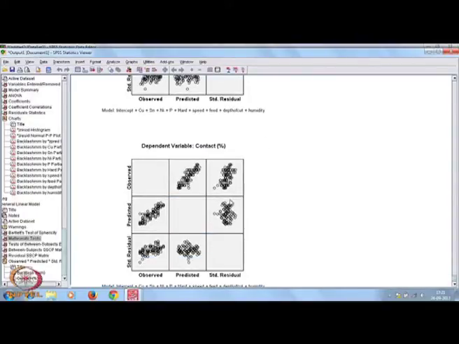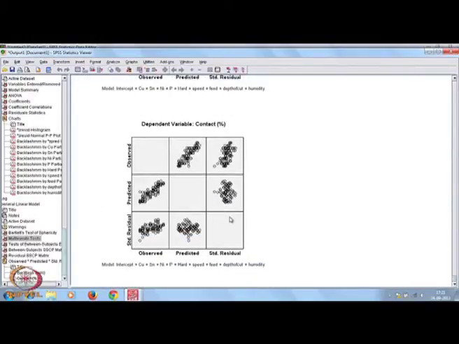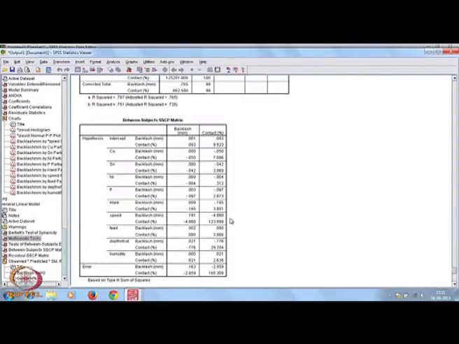Similarly, this is for backlash, and the other one is for contact. You are getting the test statistics from the adequacy point of view, the individual regression coefficients and their tests of which one is significant or not, and you are also getting the model diagnostics.